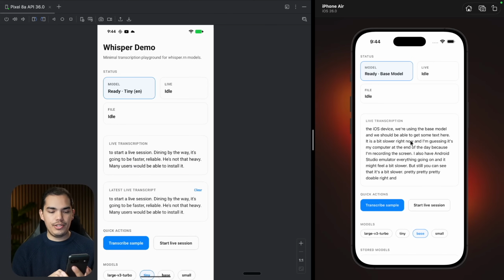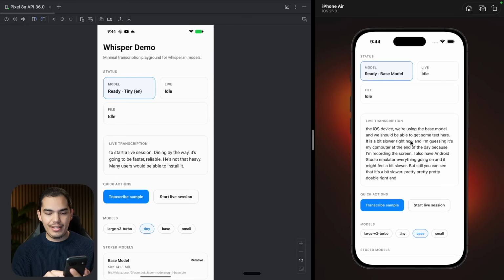And let's stop the session. Yeah, so a couple of mistakes. Maybe it's my speaking, I don't know. But yeah, at the end of the day, I think it's the most cost effective. And by the way, apart from doing a live session, you can also